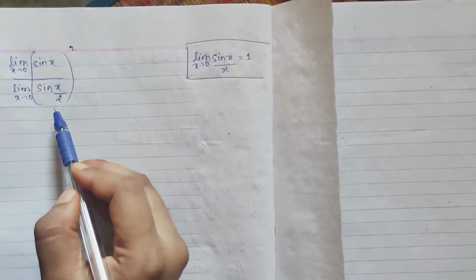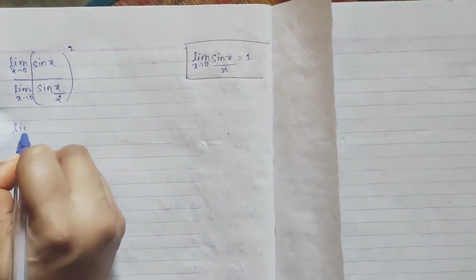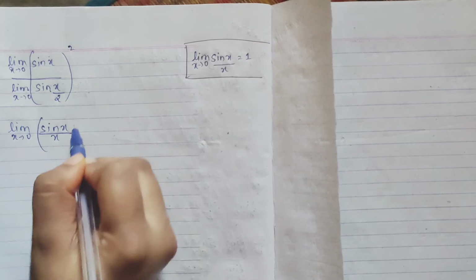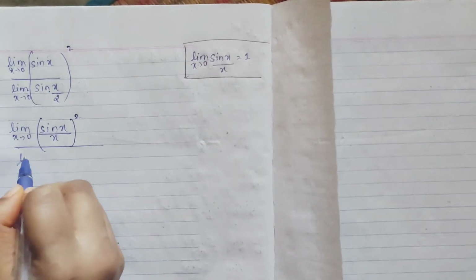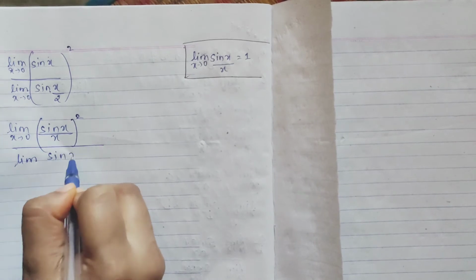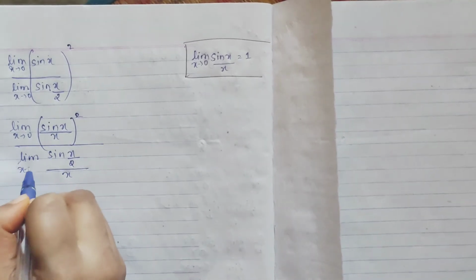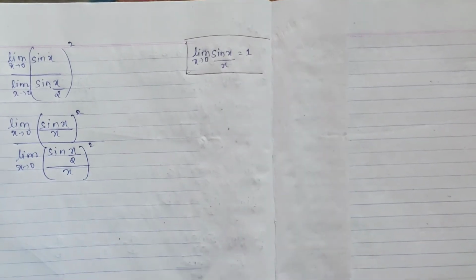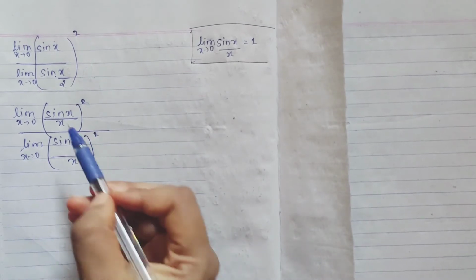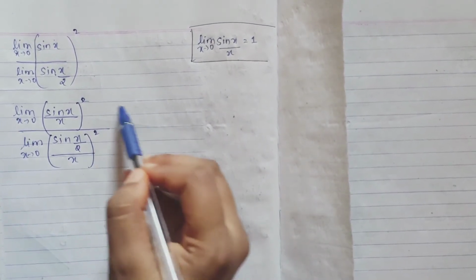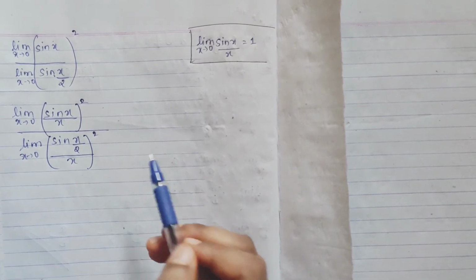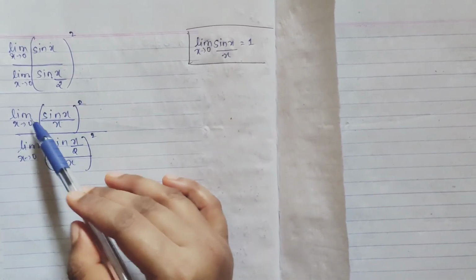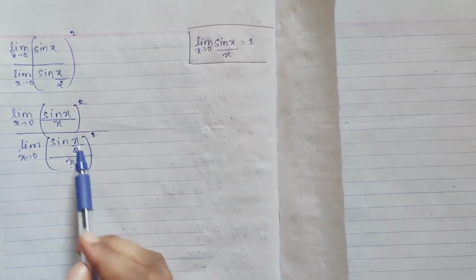If we divide here also by x, here also by x, you will get the same at the end. So, limit sin x divided by x as x tends to 0, whole square, divided by limit sin x by 2 divided by x as x tends to 0, also square. So, like this it is. First we are dividing by x, because if you take multiplication it gets cancelled. Now, your numerator part is holding the same, sin x by x as x tends to 0, but in the denominator, you need x by 2.